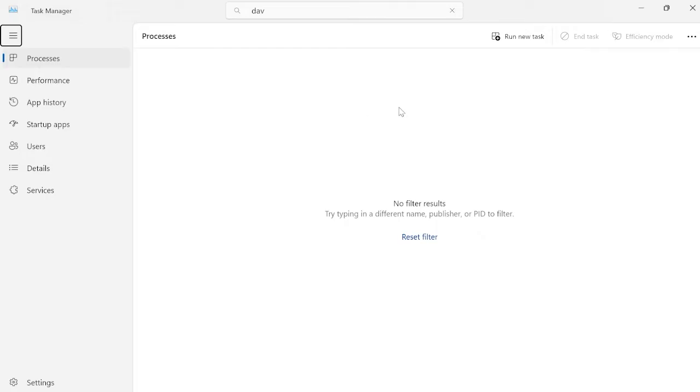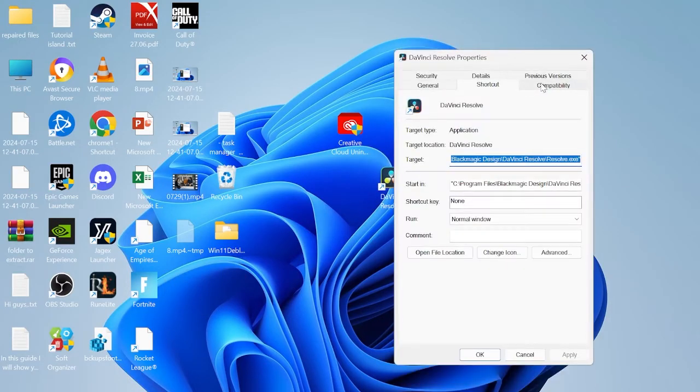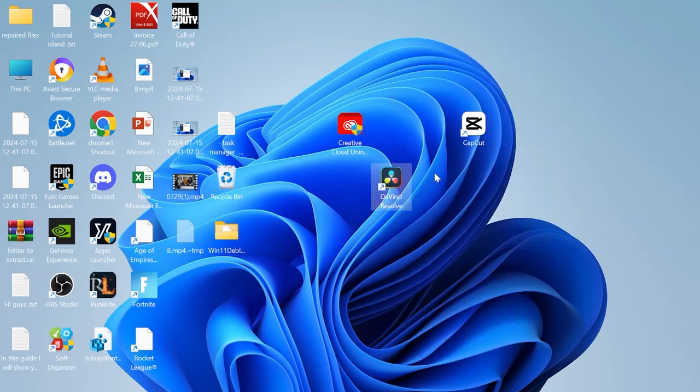So once we've closed down DaVinci from this list of processes, we can close out of the Task Manager, and we're going to right click on our DaVinci Resolve icon on our desktop, come over to Properties, and then head inside of the Compatibility tab. Now from here, you just need to make sure that Disable Full Screen Optimizations and also Run this program as administrator are both ticked, and then press Apply and OK to save these changes. We're then going to double click on the application to see if that fixes the issue,